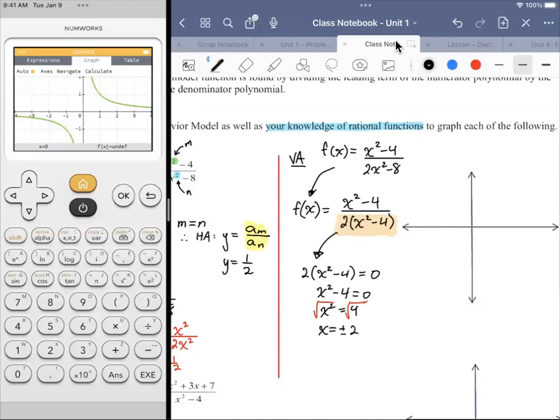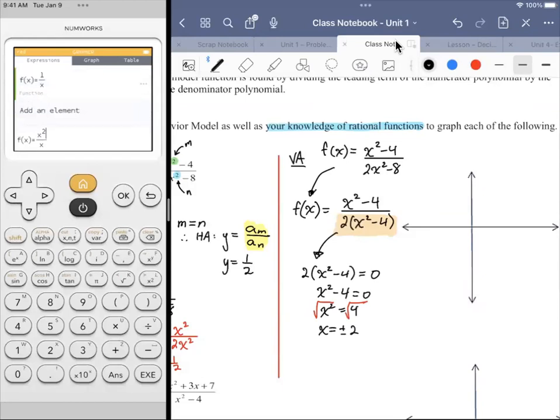But let me show you the graph. So I'm going to pop it in, x squared minus 4 up top, and then 2x squared minus 8 on the bottom. So I put the equation in, go into the graph, hit OK. And you're like,